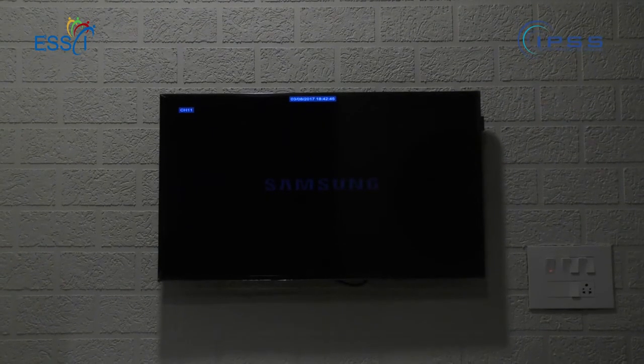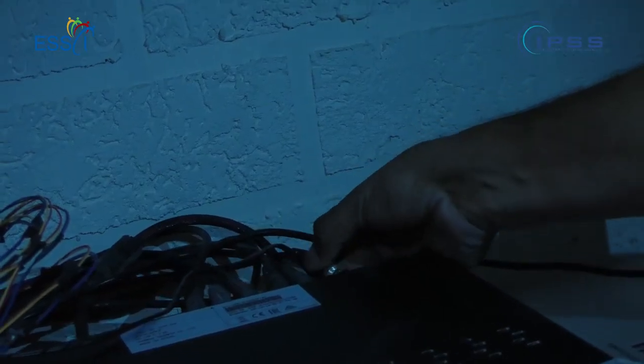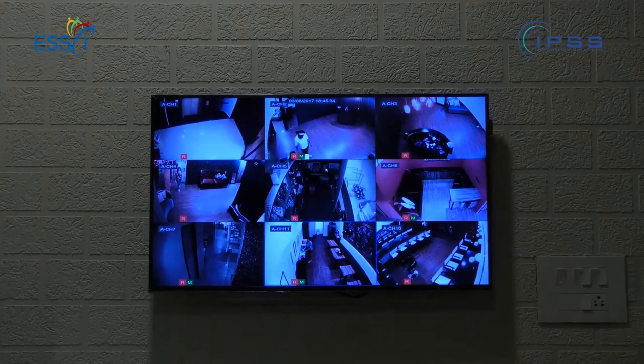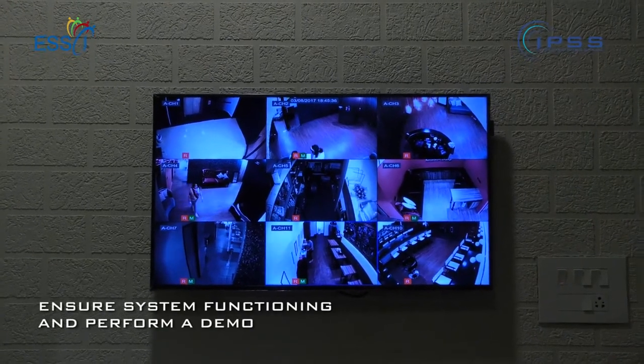Once the camera is fixed and installed, we connect the other end of the cable to the DVR. Output is received on the screen, hence the installation is successful.